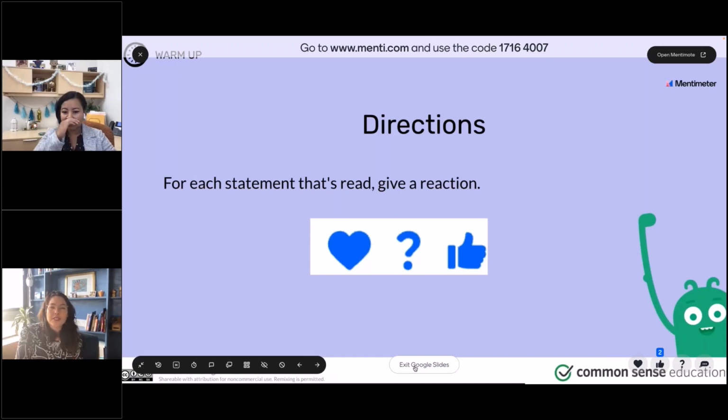So if you have 2 or more siblings, give me a thumbs up, right? So I see a couple of you. Oh, there's many of you. Oh, yes. Okay. If you speak another language besides English at home, give me a heart. Oh, yeah. So some of you speak many languages at home. Oh, not everybody. Okay. So that's really interesting. So if I ask my students to do this, if you have a pet at home, give me the question mark if you can. Does that work? Yeah. Oh, yes. So many of you have pets.